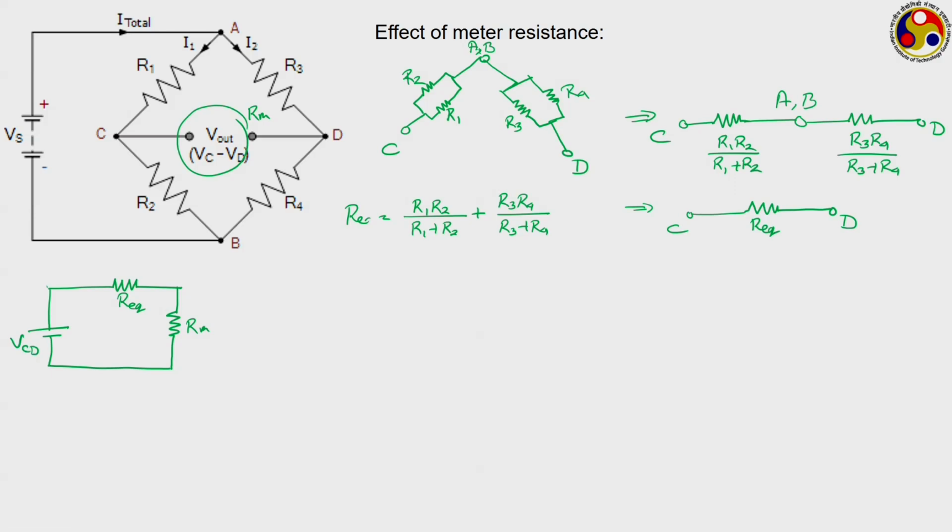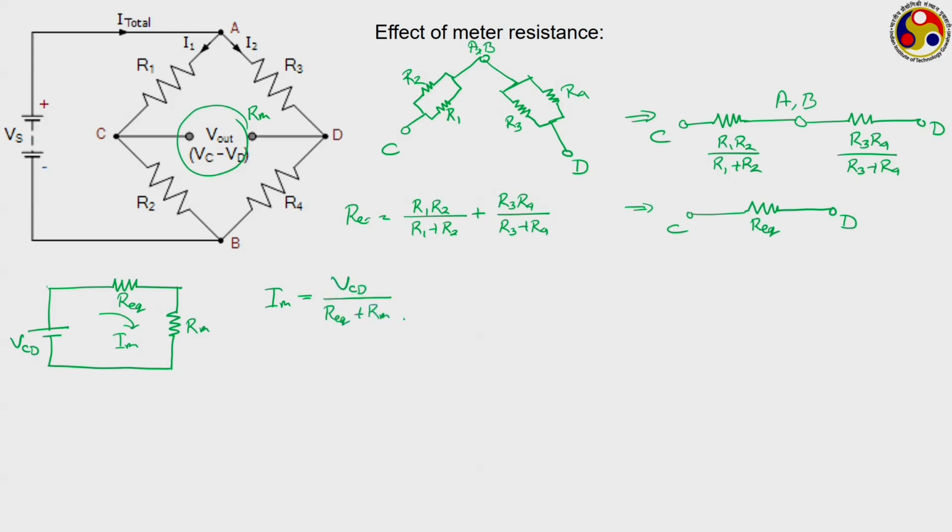So, what is the net current? If Im is the net current flowing through the meter, then Im can be found as follows. When the meter was not present, there was no current flowing through the line CD. Now, as Rm comes into the picture, there will be a current flowing through it. So, this Im will be equal to VCD divided by the net resistance of this circuit, which is